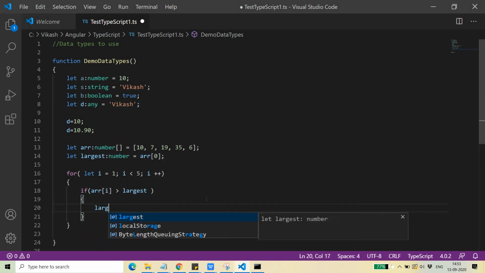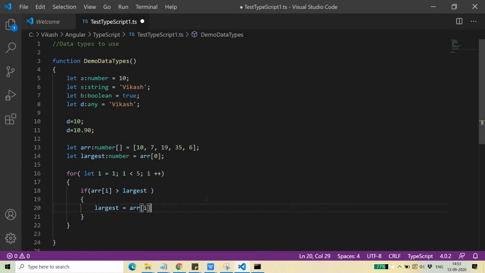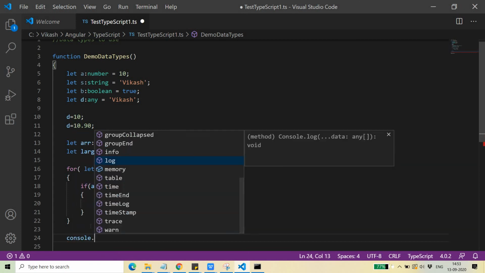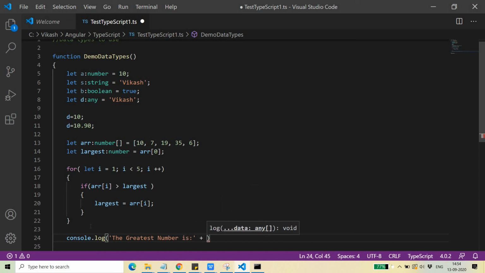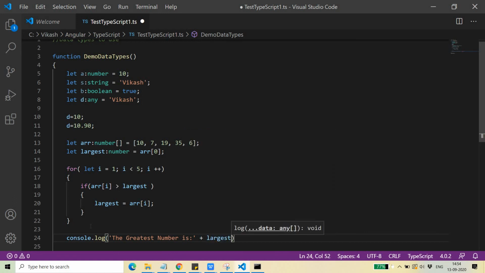I need to replace the largest with arr[i]. So this will keep running, and ultimately it will print on the screen console.log, greatest number is plus largest. Okay, so this is the way it will simply work.